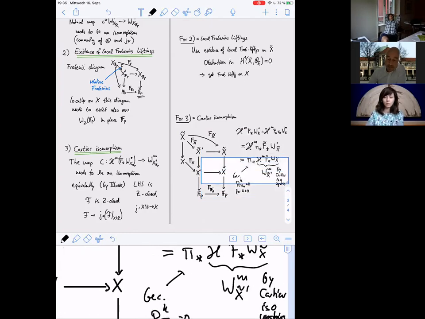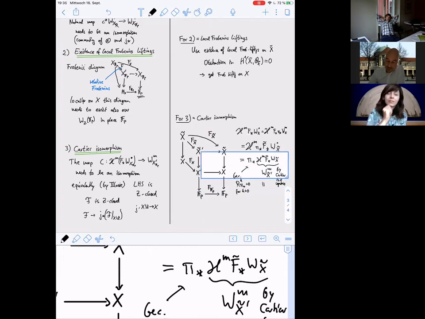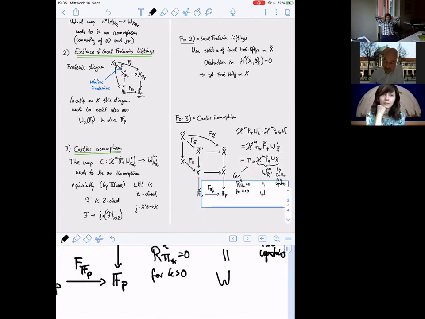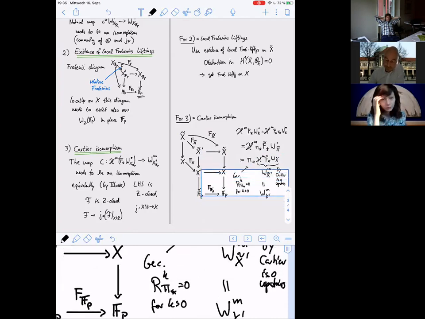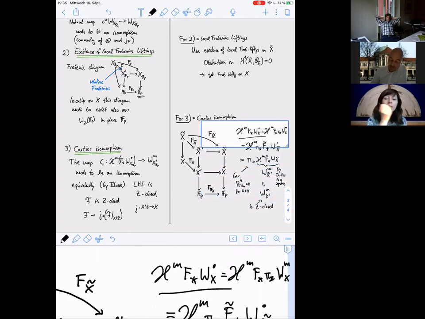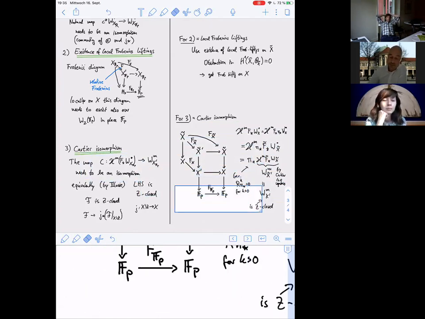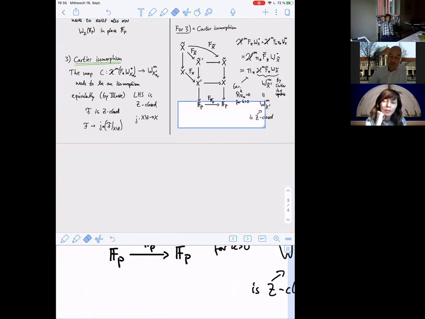And now, finally, we use once more that the push down of the sheaf upstairs is the sheaf downstairs. So this is now the M prime downstairs. But this one is Z closed by construction, by definition. Hence, this sheaf is Z closed, which we started with, and that was needed to be shown to know that this is a Cartier isomorphism. So the upshot is we're done and get a smoothing of X of the